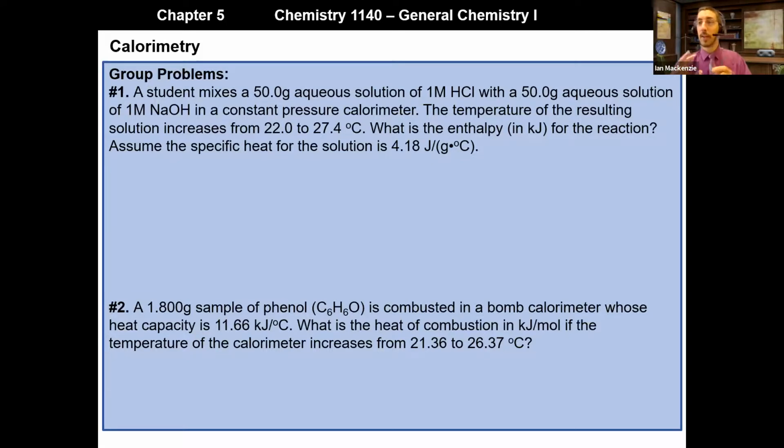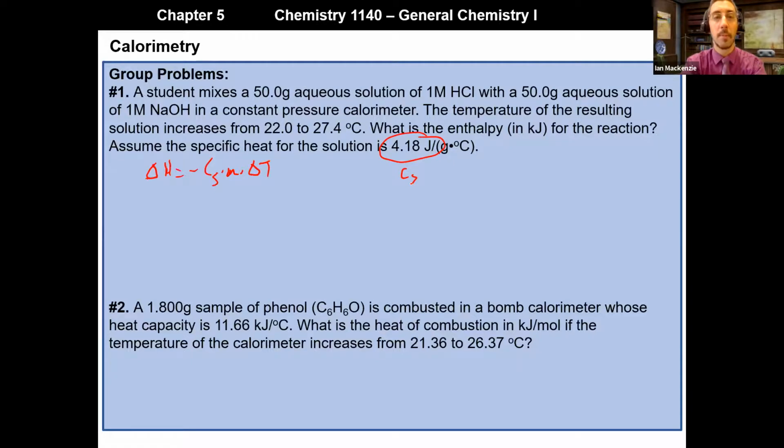What's the enthalpy in kilojoules for the reaction? And the specific heat of the solution we're given as 4.18 joules per gram degrees Celsius. First off, my formula for enthalpy must be delta H is equal to negative specific heat times mass times delta T. I know that my specific heat is the 4.18 joules per gram degrees